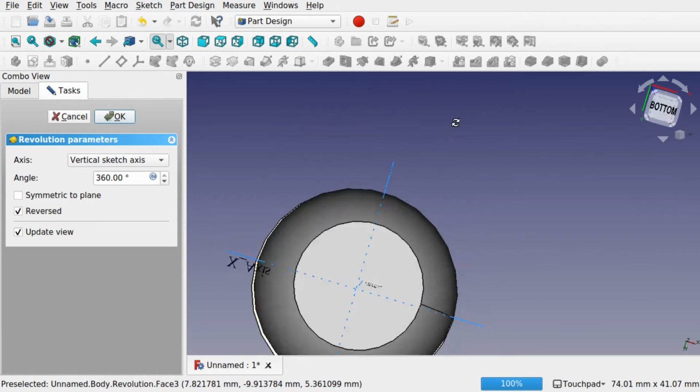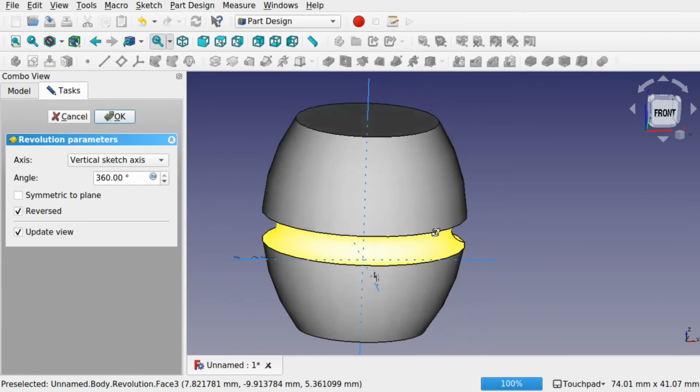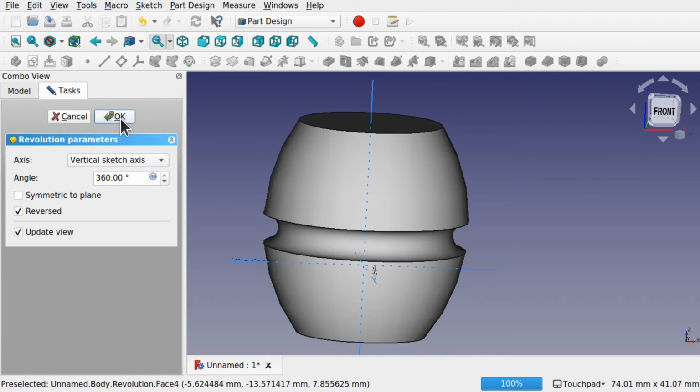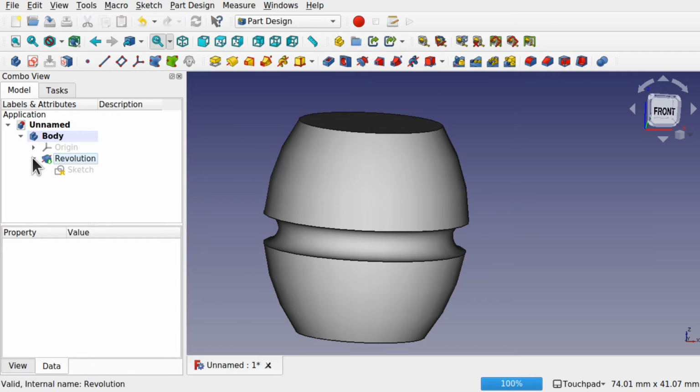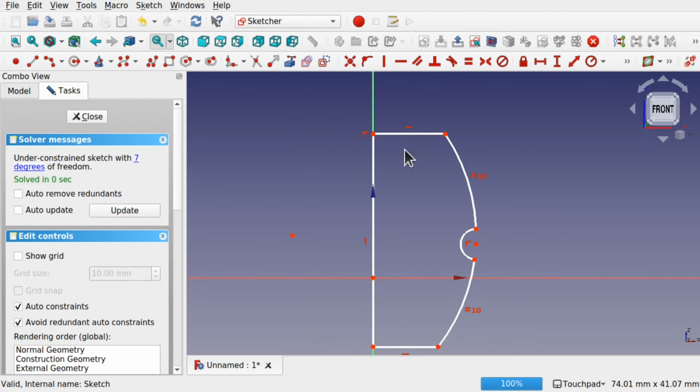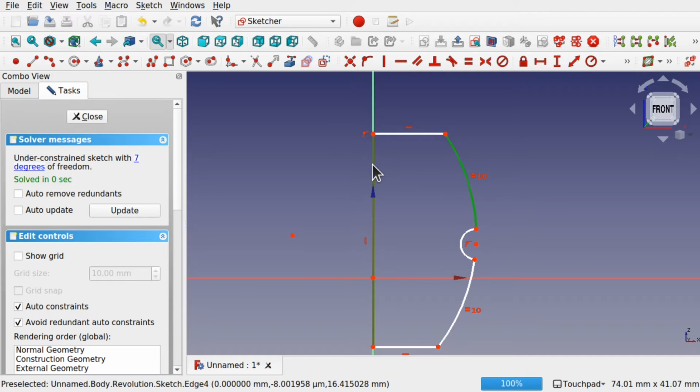We've got this revolution. But how do we hollow this out? Well, we can come in to the original sketch and create a skin in here by tracing or copying this. So we've got a line here, a circle, a curve, line, and removing some of this. So literally we've got, take away that, hit delete, and if I